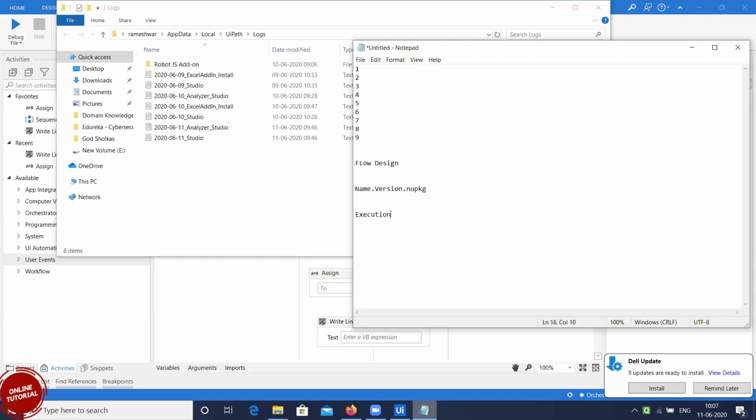that the tool generates. One is the execution log, the other one is the studio log. The execution log is the log generated when we execute the process. This is basically meant for all the developers and designers, for them to identify what went wrong. If there is something, they have to fix it. Whereas the studio log is for the UiPath product team.